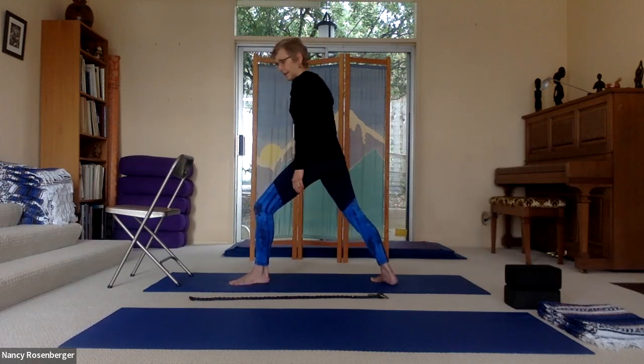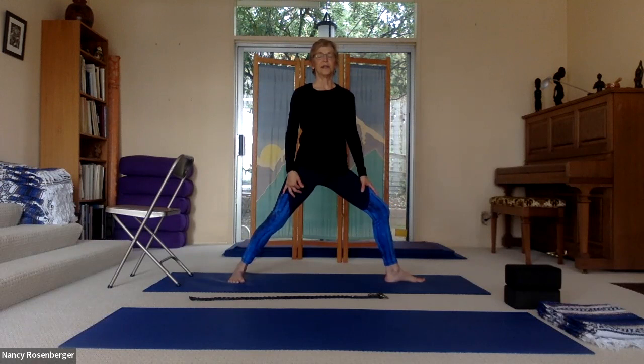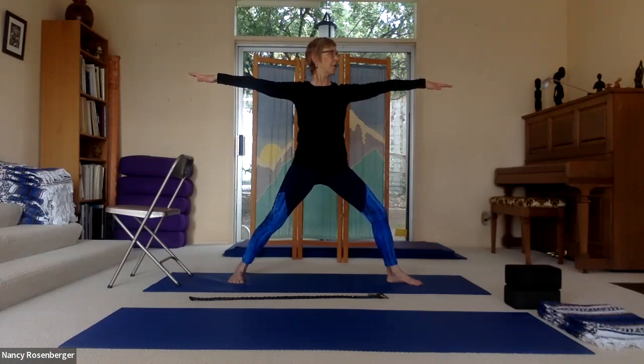Come into warrior two. I'm going to turn around here. So coming into warrior two on this side, feeling the feet grounding down, finding your right range of motion here that's right for your individual body, opening up through the chest, settling your clay pot down firm through the bottom of your clay pot, little pelvic floor drawing in, that muscle across the top of the pelvic bone drawing in